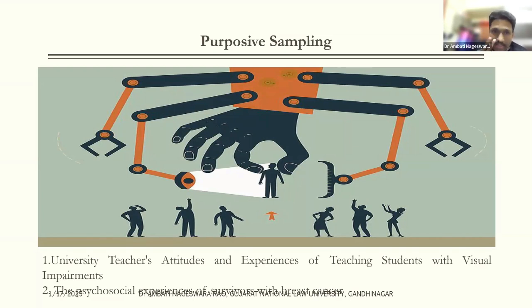Another criterion: the parents who are comfortable in English. Another inclusion criterion: the parents who have children less than 5 years. Another criterion: the parents who are ready to share 10 photographs. So depending on the context and the requirement, you are going to keep certain inclusion and exclusion criteria. That's why it is also known as purposive sampling or judgmental sampling.